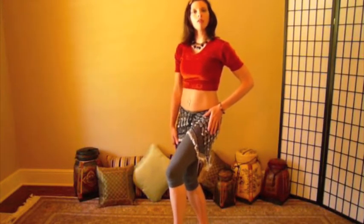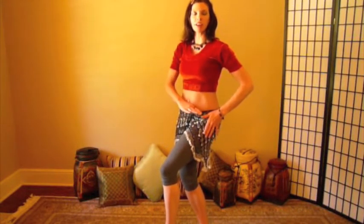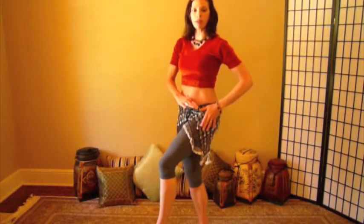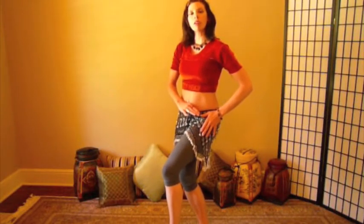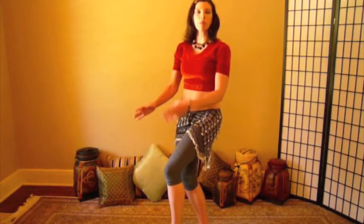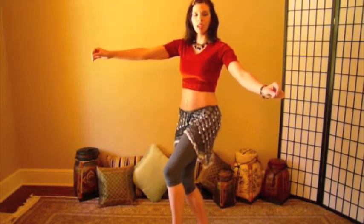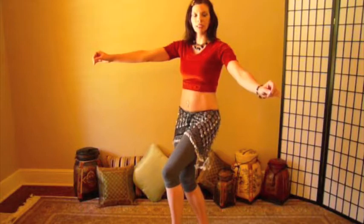So you want to put all of your weight on the left leg, and we're going to keep that knee bent so that we can keep the movement just in our hips and not get to going up and down like this. So we're on our left leg, and our right foot is just stabilizing us on the floor. We're going to lift and drop, drop, drop,